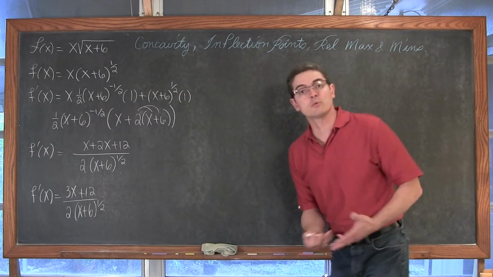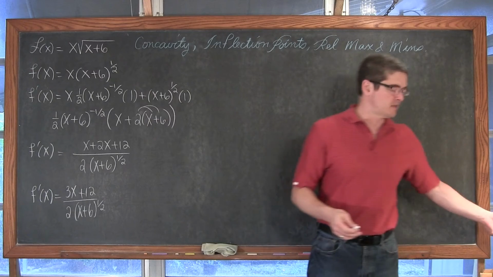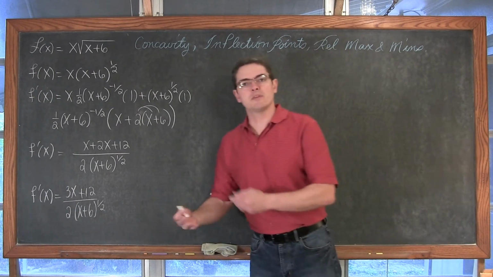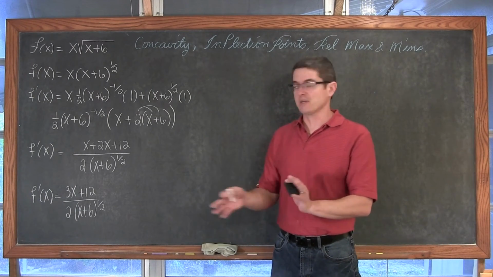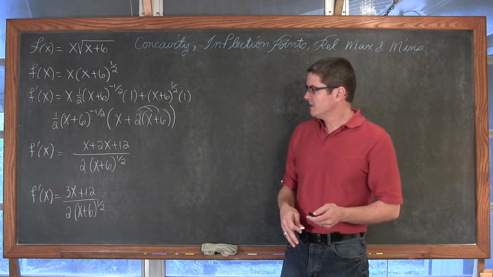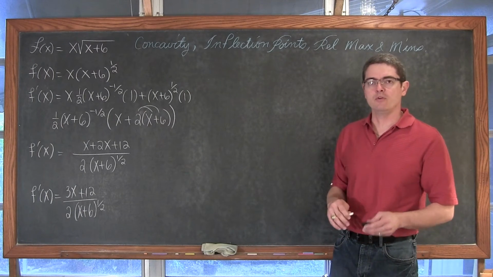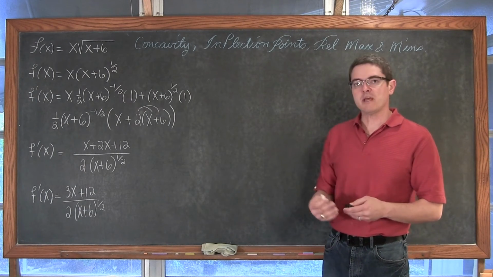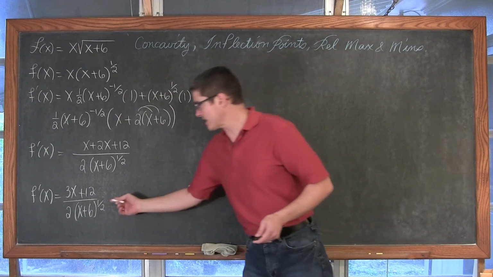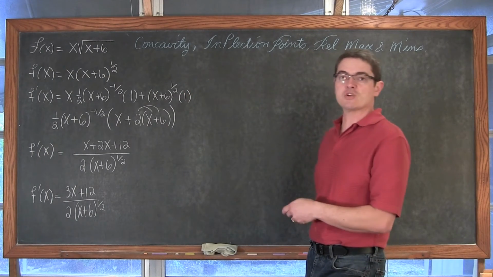Now I have to go through another derivative process, but this time using the quotient rule. It's going to be a lot of steps, and I don't want to talk and write something and not catch it in the video, so I'm going to pause it and just reveal the answer. If you're really good with your derivatives, maybe you could just see the answer. If you sometimes make some small mistakes, or just want to challenge yourself for a second to review your quotient rule for finding derivatives, give it a shot. Pause the video.